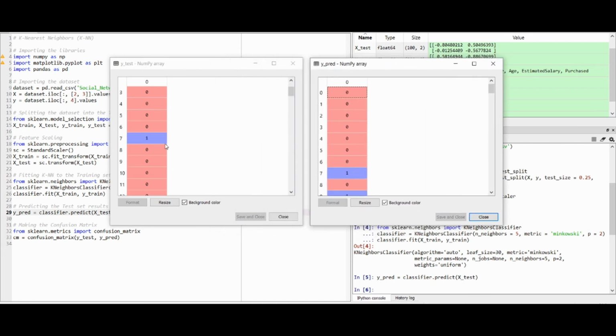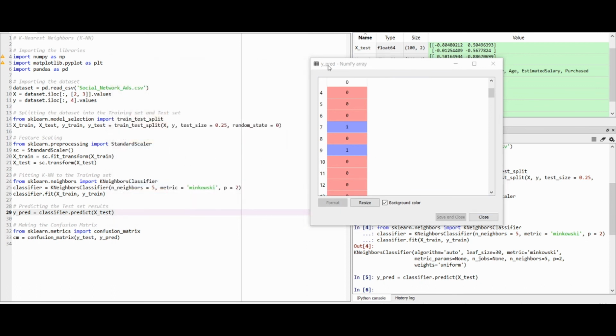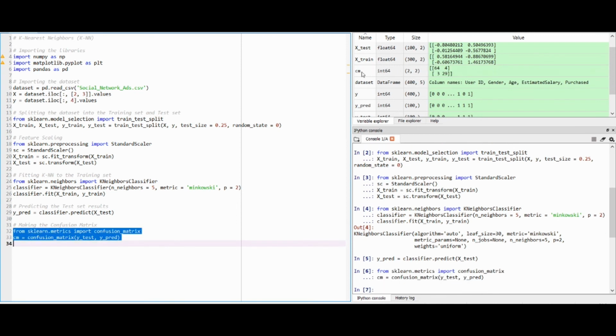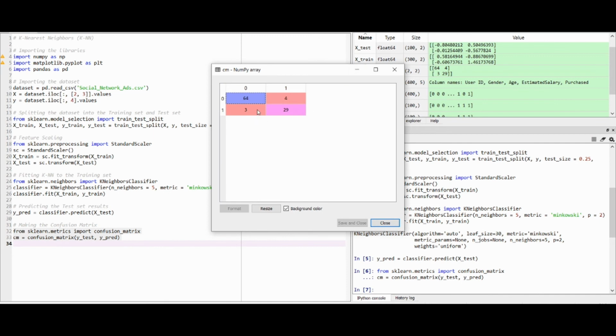As you can see, all the predictions from 1 to 7 are correct. There is one incorrect prediction at 9. To see the total number of incorrect predictions, we are going to use the confusion matrix. Let's run the code and see our confusion matrix. In this matrix, the entries on the diagonal opposite to the principal diagonal, that is 4 plus 3, which is equal to 7, are the incorrect predictions of the model.